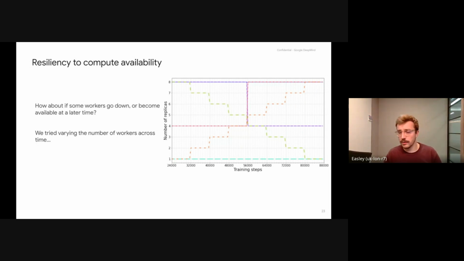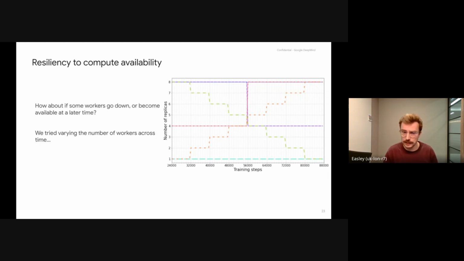One experiment that was also quite cool is that in practice, if, for example, as I said in the beginning, multiple universities or multiple individuals pool all their resources together to train a big model together, sometimes some people will turn off their computer and you won't have access to that computer anymore. Meaning that across the training, your number of DiLoCo replicas could change across time. So how well will your performance be? Because if you have fewer DiLoCo replicas at one given step, you have less data, and that could affect the performance of your model.